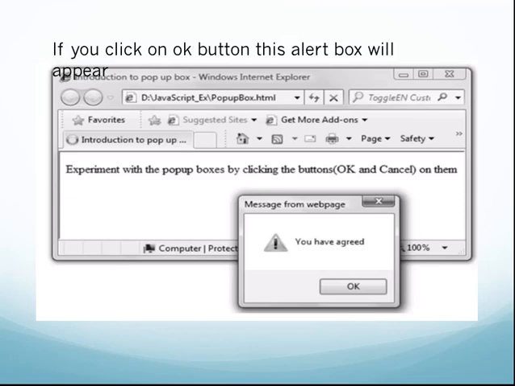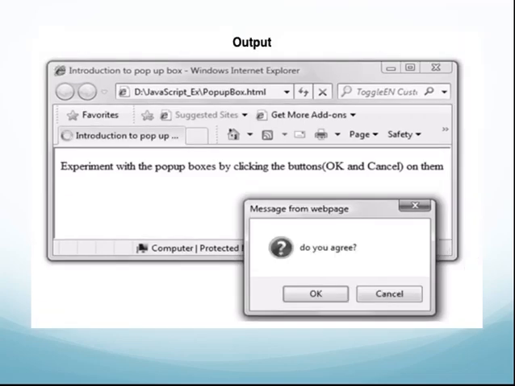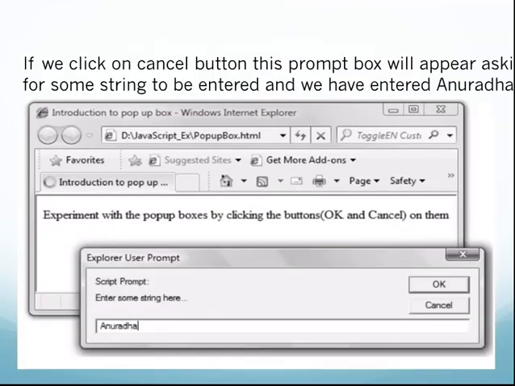Now if you click on the cancel button, this prompt box will appear, which will ask you to enter some string over here. Now I have entered the string Anuradha, and if I click on OK, it will display in an alert box, hi Anuradha.